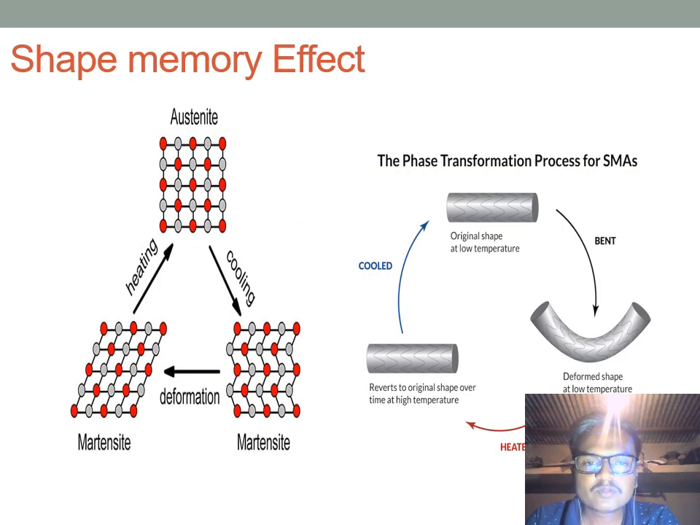Let's discuss more about the shape memory effect. Alloys go through two phases, known as austenite and martensite. Austenite is the phase of its original shape. Suppose we take a pipe at low temperature in its austenite phase. When we cool it down, we can change its shape by bending the pipe using mechanical force,